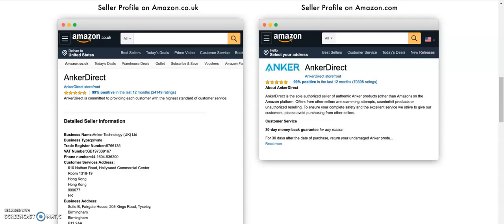Whereas on the left, we actually know the business's name. We know the business's address. We have a phone number to reach them. We have their customer service address, or where we would return a product to. Much more transparent. So what's happening is, starting on September 1st of 2020, Amazon is going to be essentially making